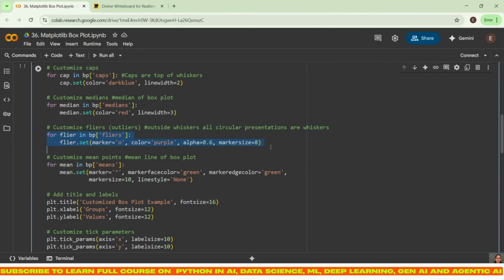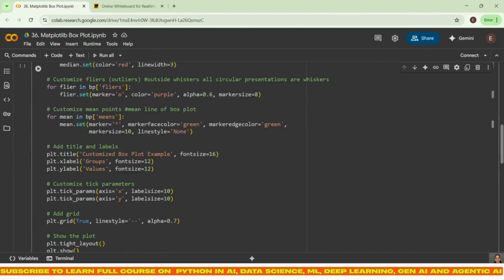For outliers also I can set my marker, like what is the shape of the outlier, what is the color, what is the transparency level, then marker size, everything I can set here. Similarly, I can create my mean line for each box and set how it is going to come.